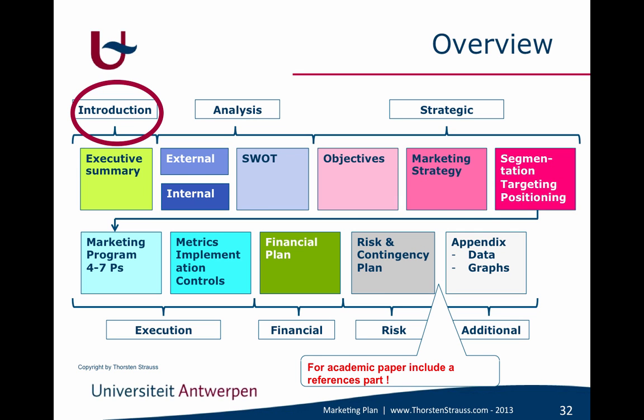Now, where are we in the overview on the plan? So we have 7 parts: introduction, analysis, strategy or strategic part, execution, financial, risk, and additional part. In the academic part, you also have a reference part here where you have the bibliography and reference section, of